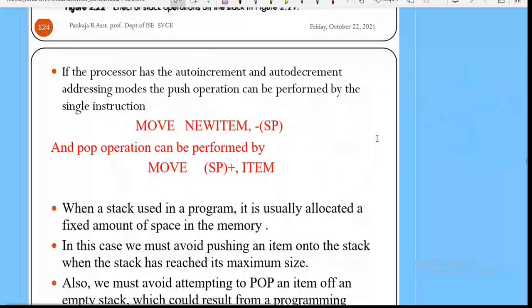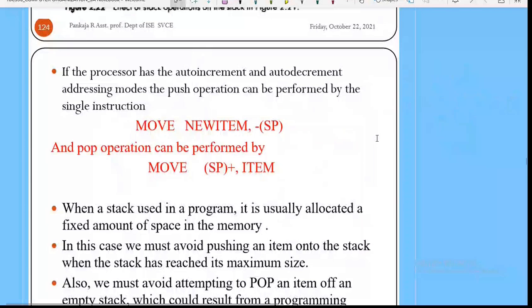Now whatever we have written here, it can be written in a single statement. The code for this is move new item, minus of SP. This allocates the memory, and then it moves the new item to that location.